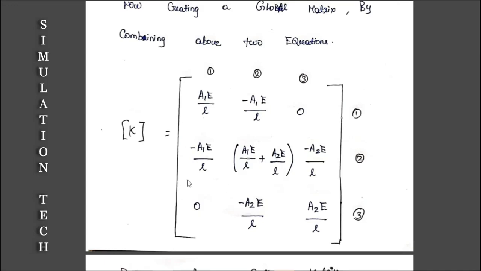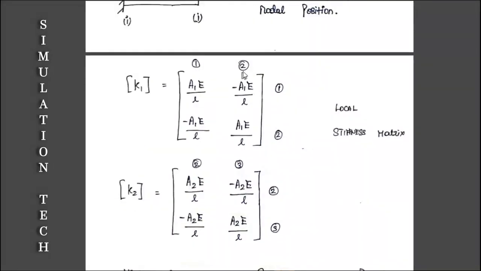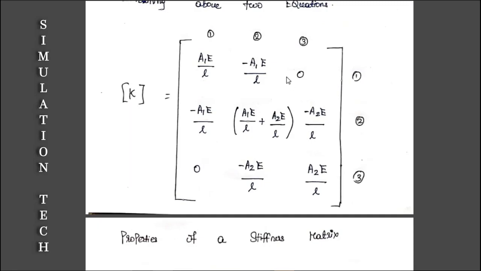And similarly we need to fill all the positions which are correlating the two stiffness matrices, right? In this position we have a 2 into 2, so two values are there. So why should I write down two values? Because from here to here we have 2 and 2, so we have a value, and from here 2 and 2, so we have another value. So just add both terms and put the value over here, right?